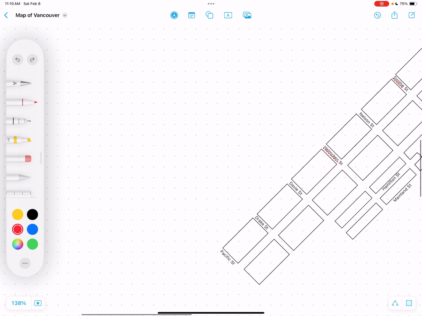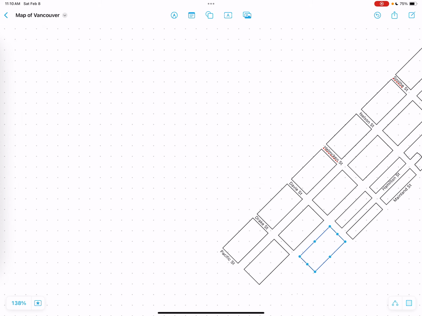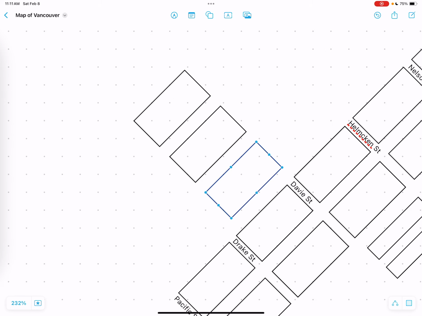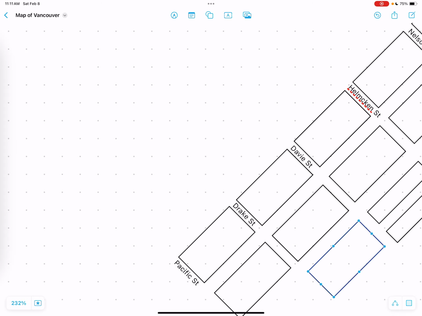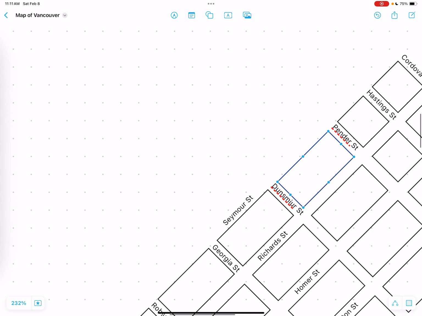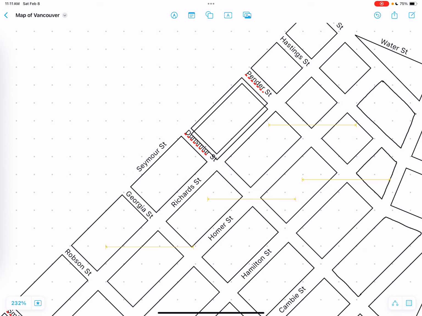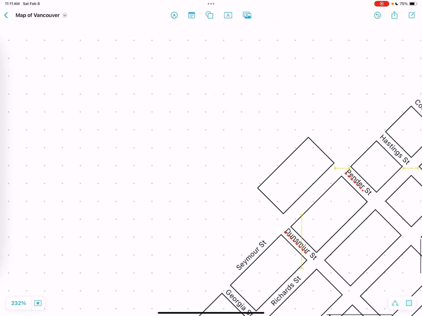Granville goes all the way, but there's a bridge over Pacific, so duplicate, actually undo. What I'm going to do is I'm going to go up here. I'm going to start here. I'm going to duplicate that and drag it up here. And that's good. And I'm going to duplicate it again and put it